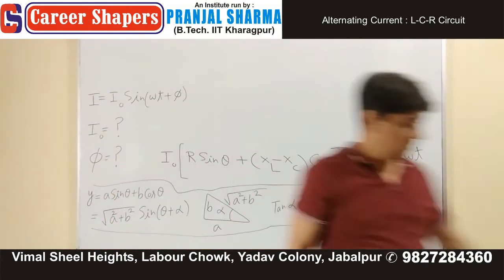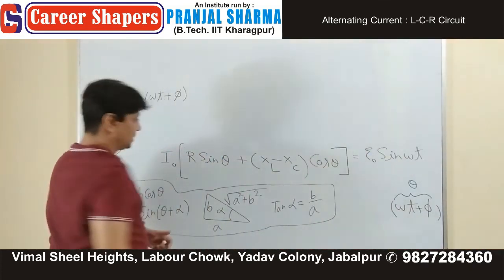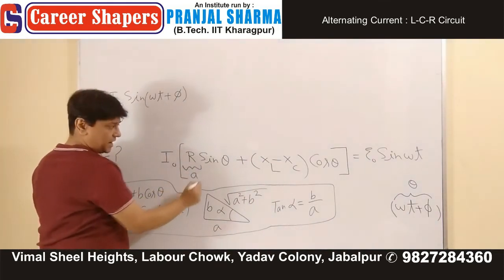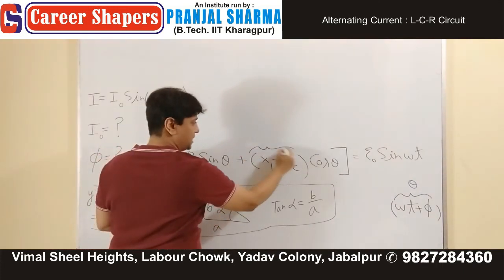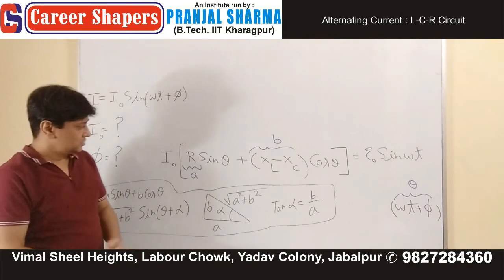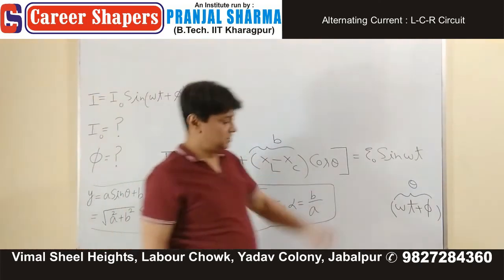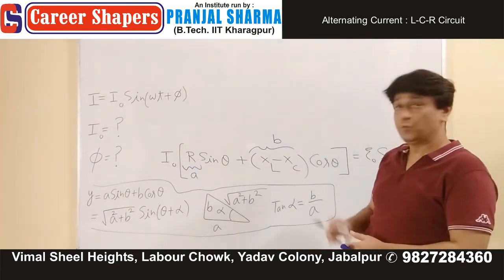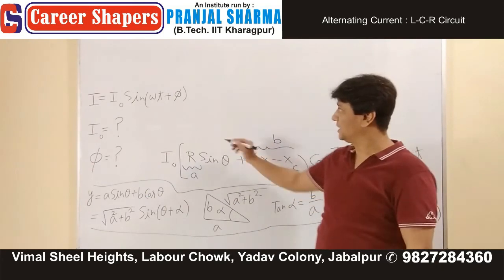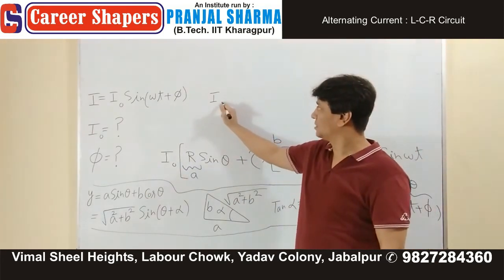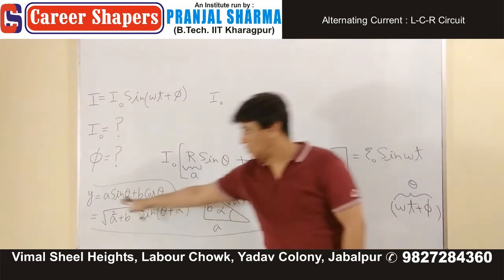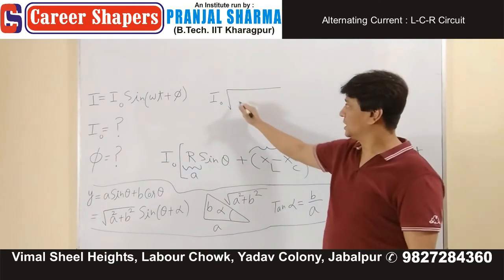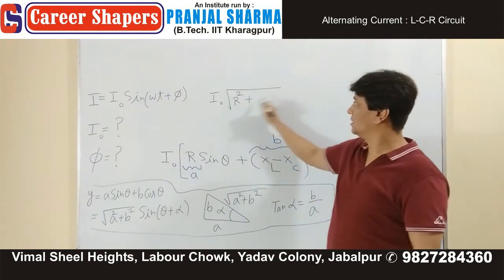Now, look here. This whole setup is of the same type. You can consider R as A. You can consider XL minus XC as B. So this is like A sin theta plus B cos theta. Which means the left hand side is like this: I naught, keep it out, times root A square plus B square,